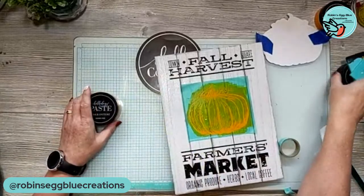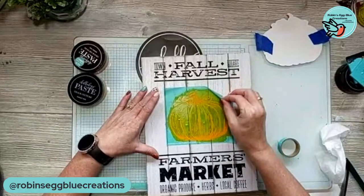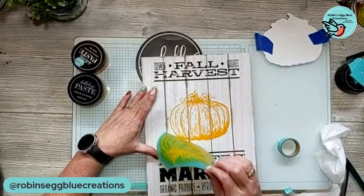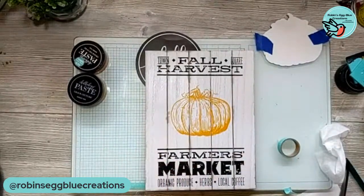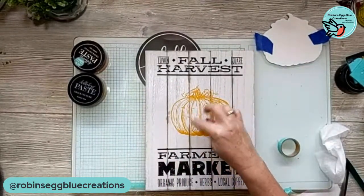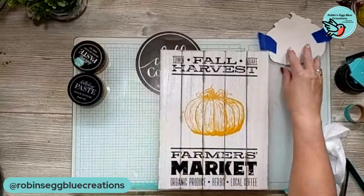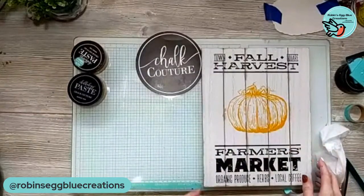Oops. Okay, so let's pull that up. So you can certainly stop there if that's the look that you want, but I'm going to try to fill in some of that white space with some watered down chalk paste. But while that's drying,